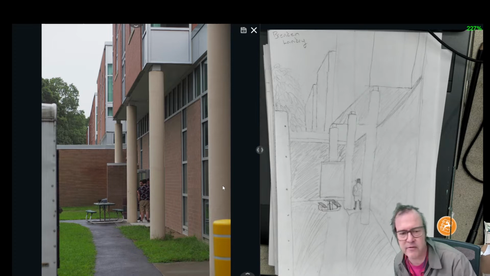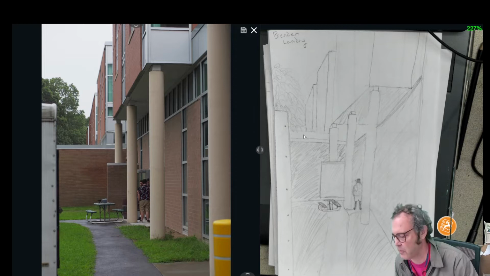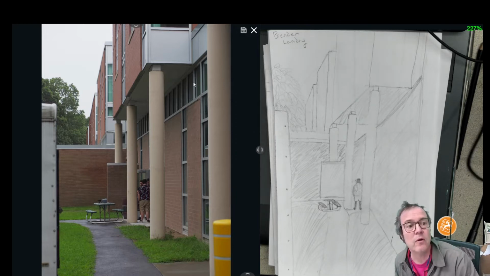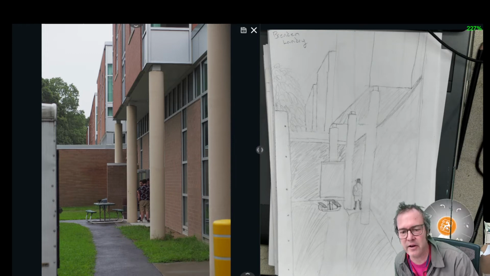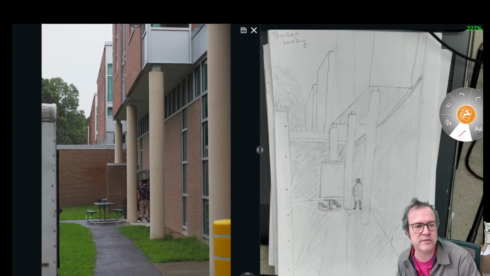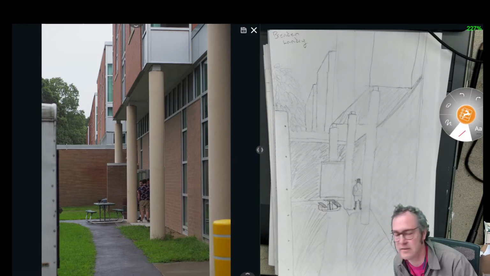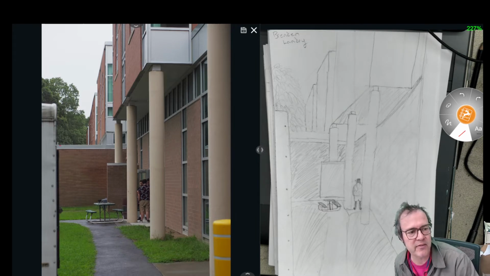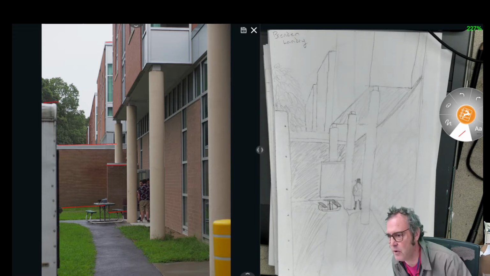So on our left we have a scene, a picture taken outside the building, and on the right we have student drawings. The big idea here, which few of you have yet grasped, is that when you see a scene like this that has obviously a set of horizontal lines, see, horizontal, horizontal, horizontal, this is horizontal up here, even this is horizontal, then you can anticipate that what you're seeing is one-point